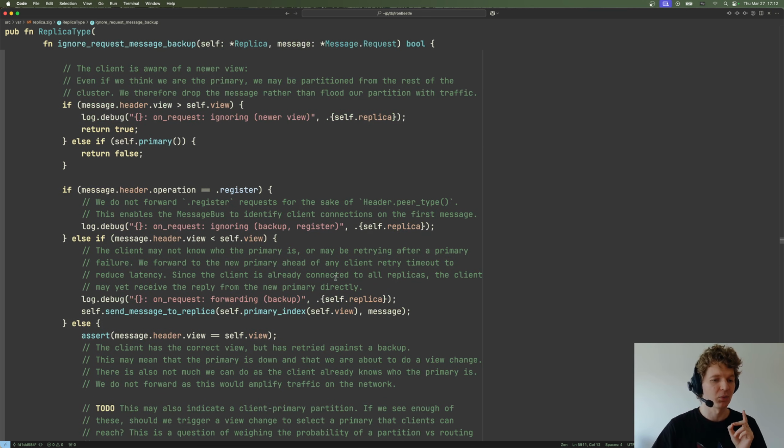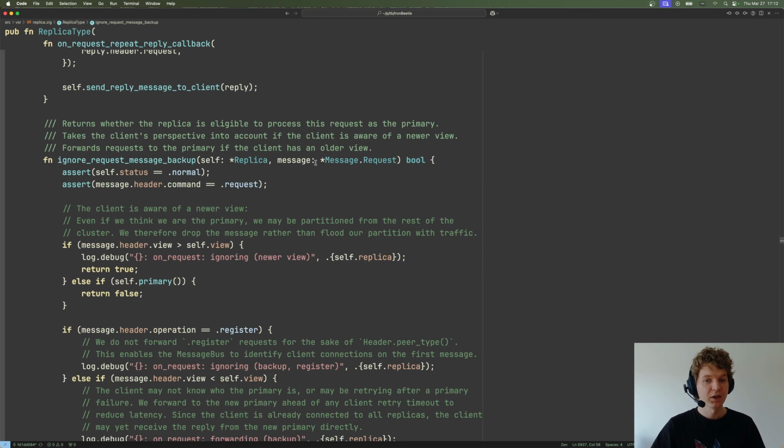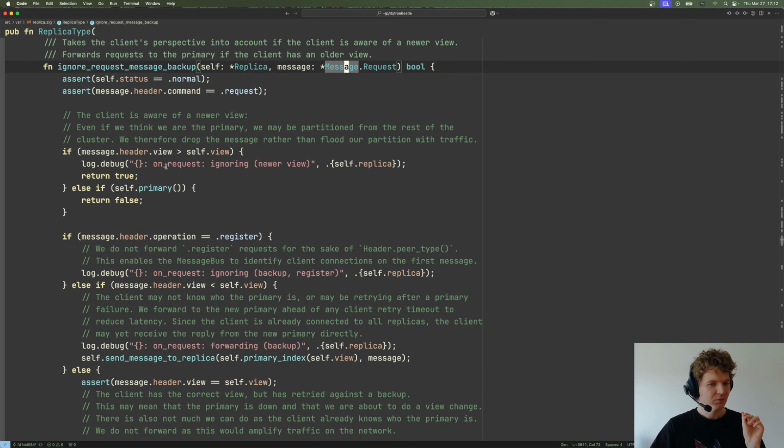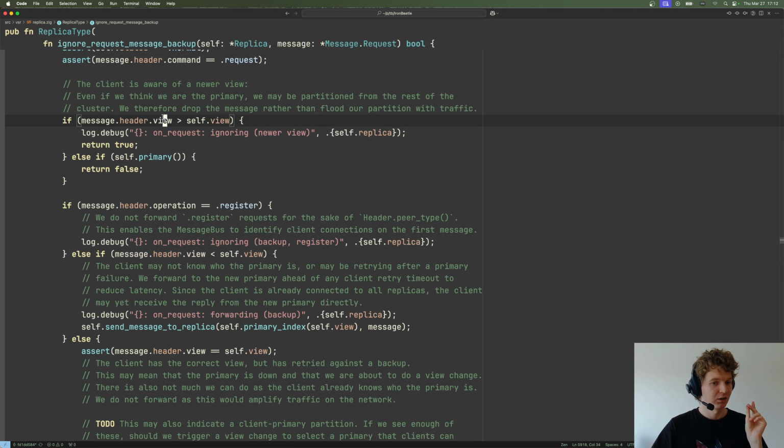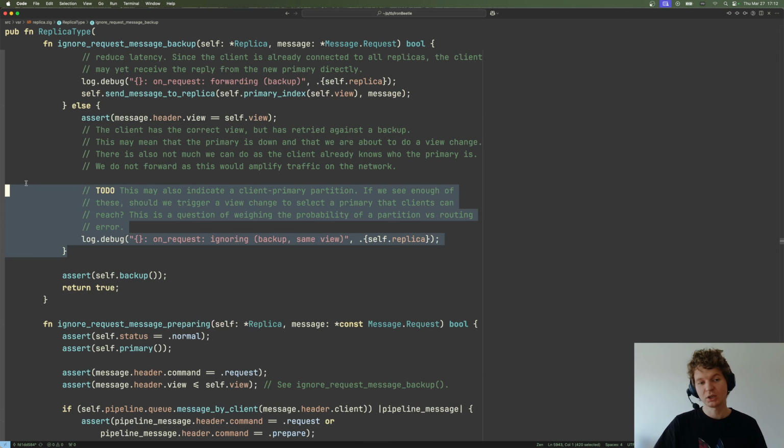Okay, now I will find it. So yeah, we have this. If we are a backup and we receive a request, if the view is the same, then we simply drop the message on the floor. And this is an obvious bug. And again, this is